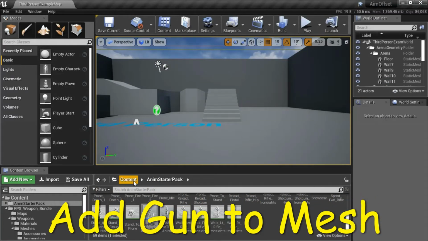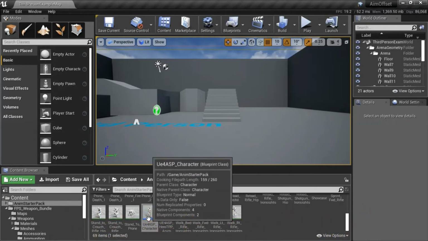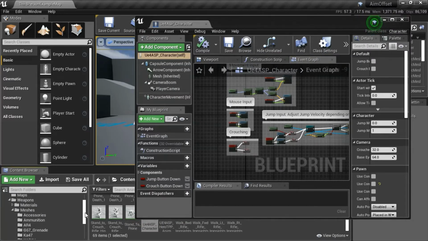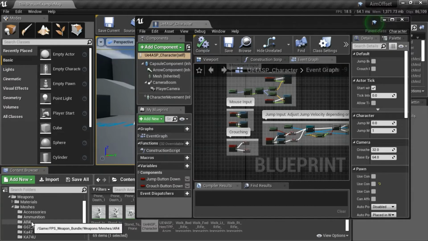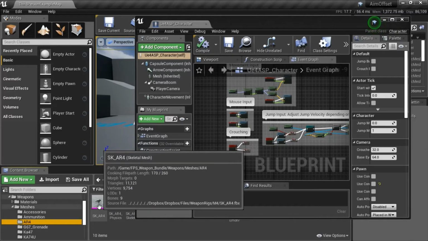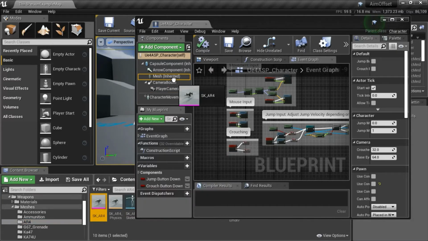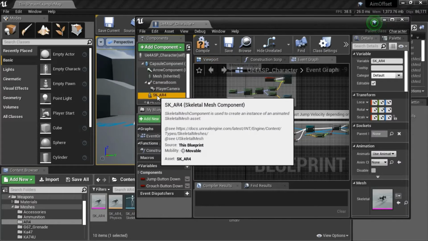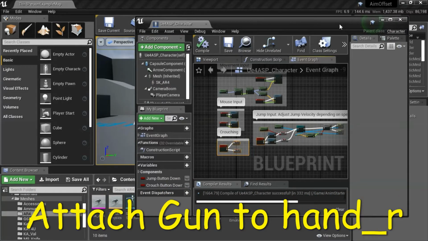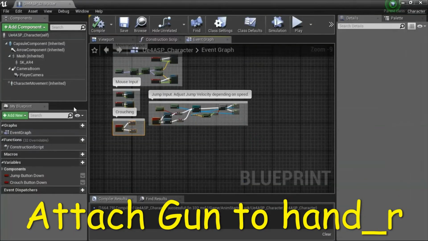Under Content, Anim Starter Pack, double click UE4 ASP character, and then under FPS Weapon Bundle, find Meshes AR4 directory, then drag SK_AR4 skeletal mesh here, and then drag it under mesh. Expand this window, highlight